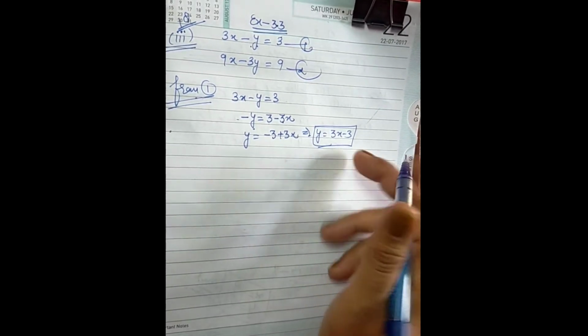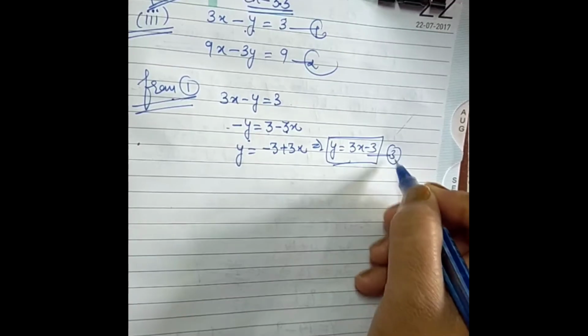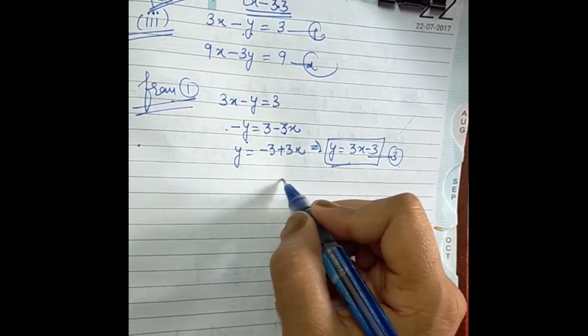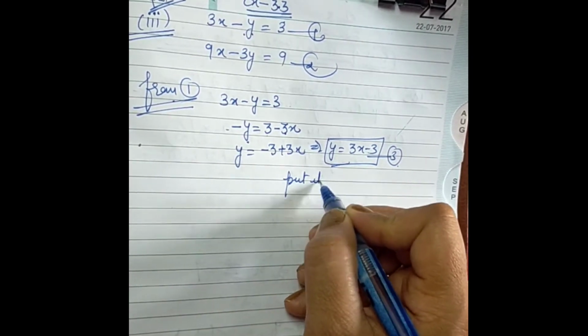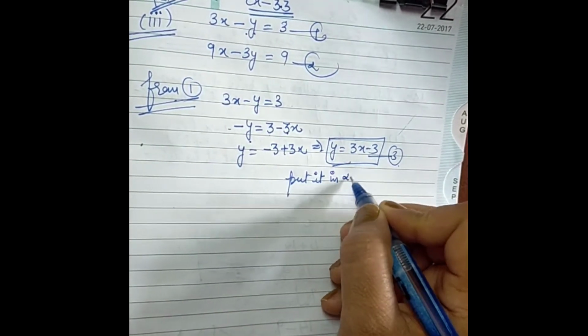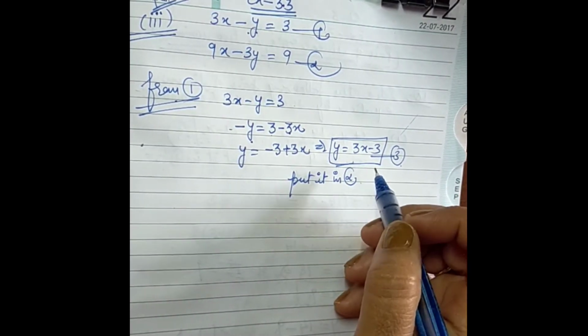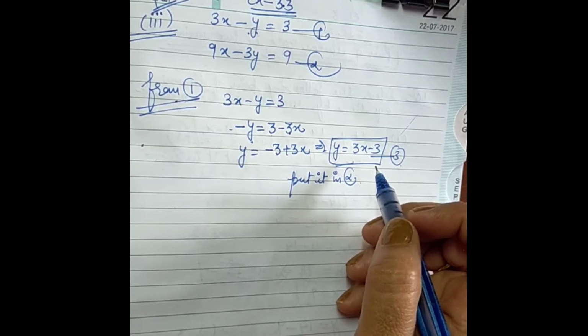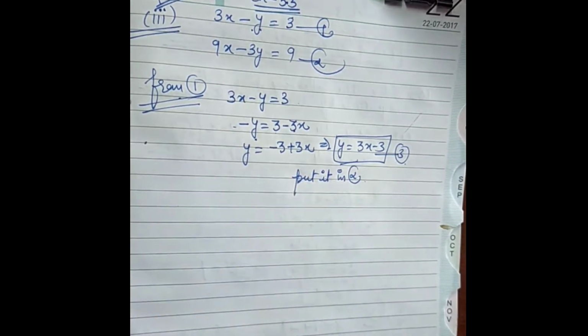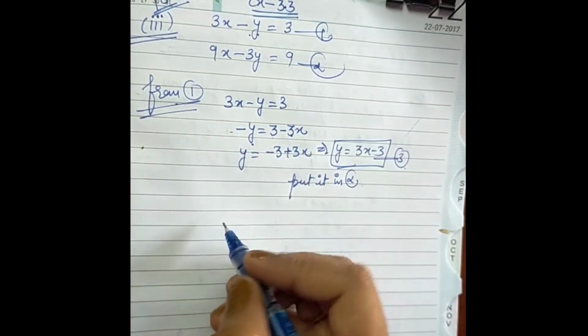Now we have to put this value into equation 2. If we have taken it from the first equation, we are going to put it in 2, and if we have taken it from the second, then we will be putting it in the first. So from 2,